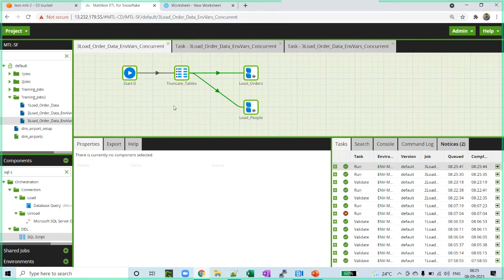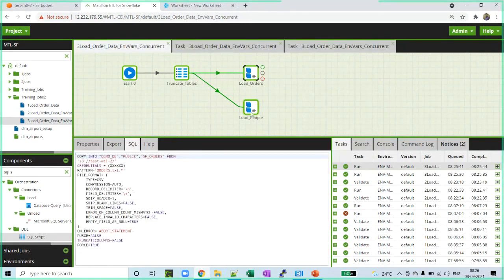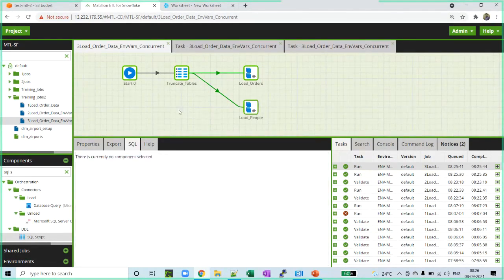Why is that? Matillion sends these two queries, one copy command and another copy command, simultaneously, but